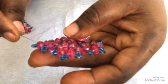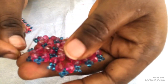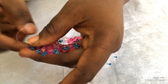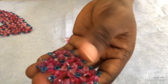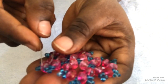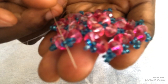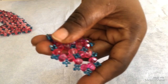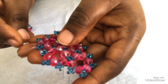The next thing I'm going to do, I'm going to pass through this 8 mm here, through this 8 mm alone. Then I will pull. Once I pull, I have my fishing line here. The next thing I'm doing, I'm going to pass through this seed bead on top here. I'm going to pass these 2 seed bead in front like this, and the next one,